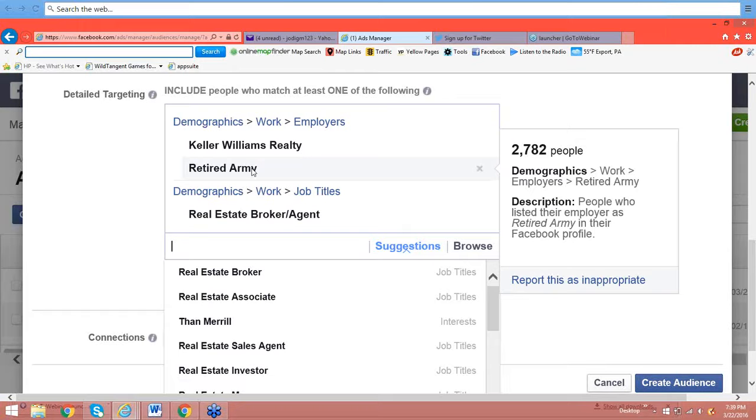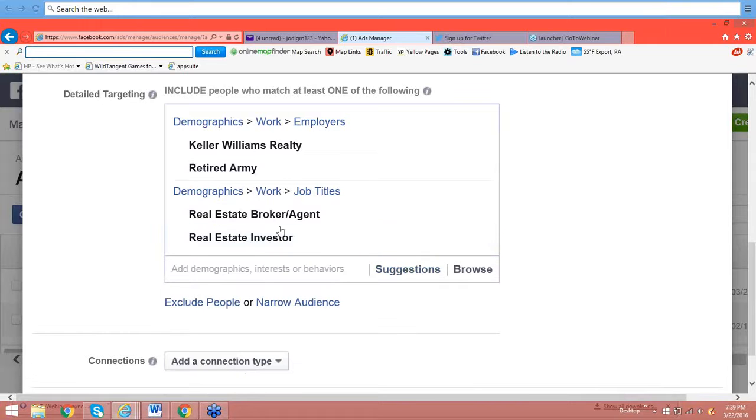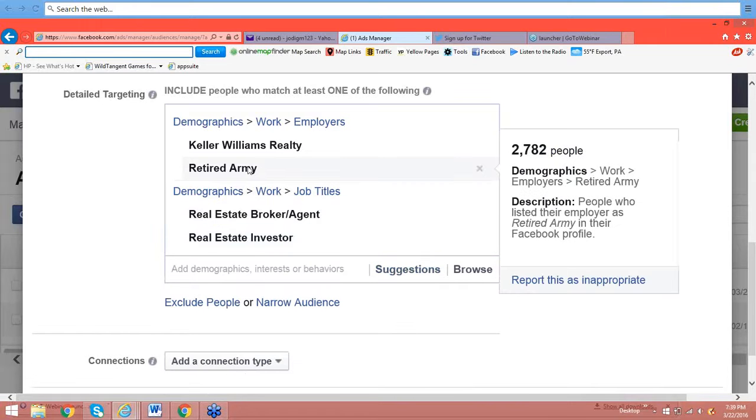We call that your avatar. How do you reach them? And what's your message called? It's called message, market, media. Your message is what you're conveying to them. Your market is who it is, the retired Army people who want to invest, for example. And the media, of course, in this case is Facebook. But the bottom line is, look at that. There's several thousand retired Army people in Keller Williams, almost 3,000. I'm not saying you should go out to the group. I'm just giving you an example of how specialized you can get once you understand the value and how to use a custom audience within Facebook.